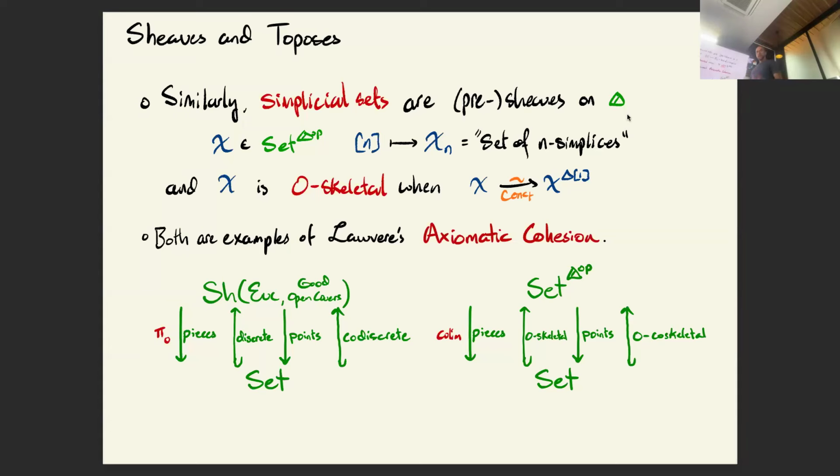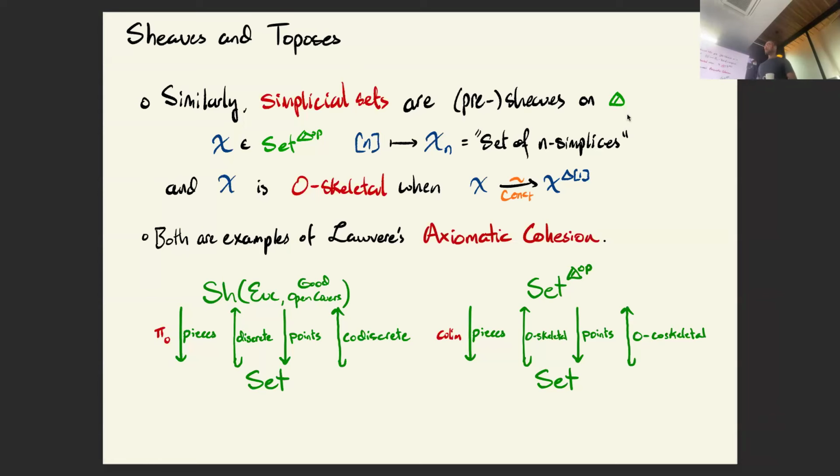So in particular, we describe them as presheaves on the simplex category of finite non-empty ordinals. And now we interpret the value of such a presheaf at n as the set of n-simplices, or n-dimensional triangles in there. And we can say that x is zero skeletal when it has only zero simplices,